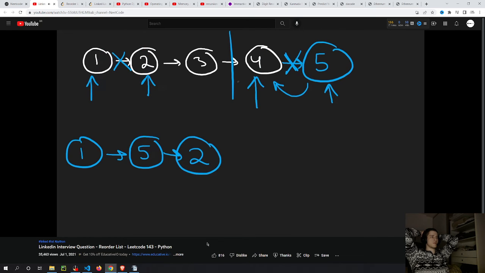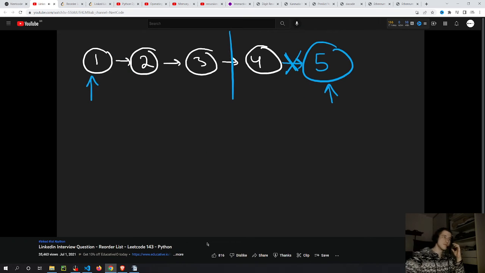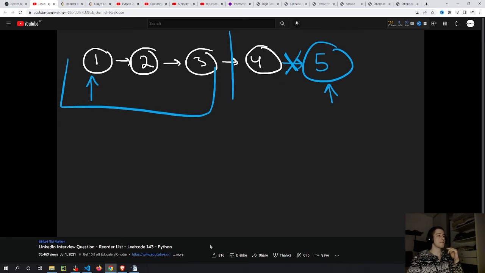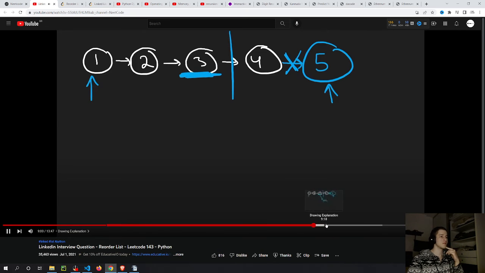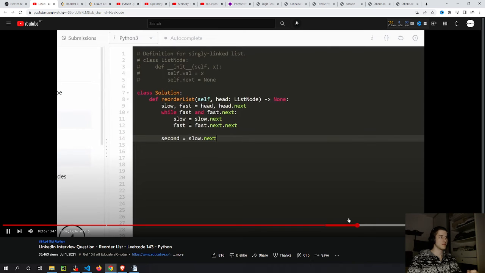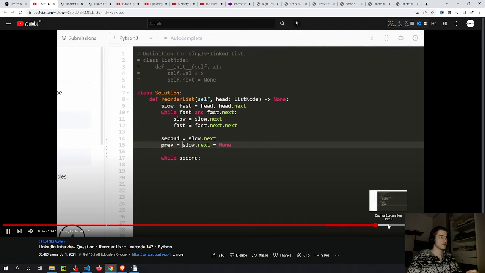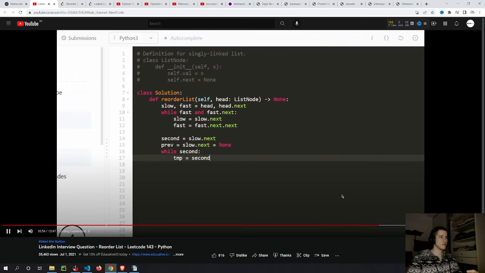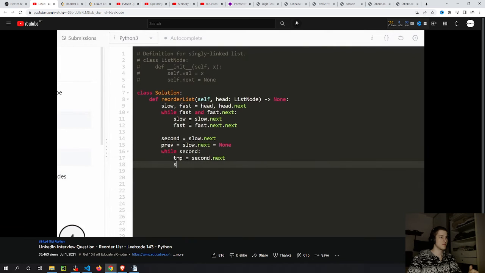And obviously, these 2 pointers, we're going to keep shifting them until they basically meet each other. And actually, one last thing, once we cut the list in half, we have a first half and a second half, and we have to reverse the second half of the list. Before I reverse it, previous is also going to be set to null along with slow.next. So basically, each iteration of the loop, we're going to store a temporary variable for second.next. But before we actually shift our pointer, we're going to say second.next